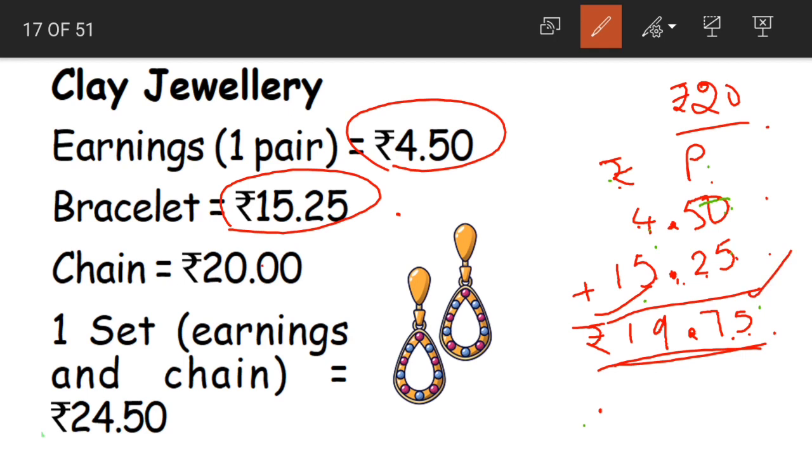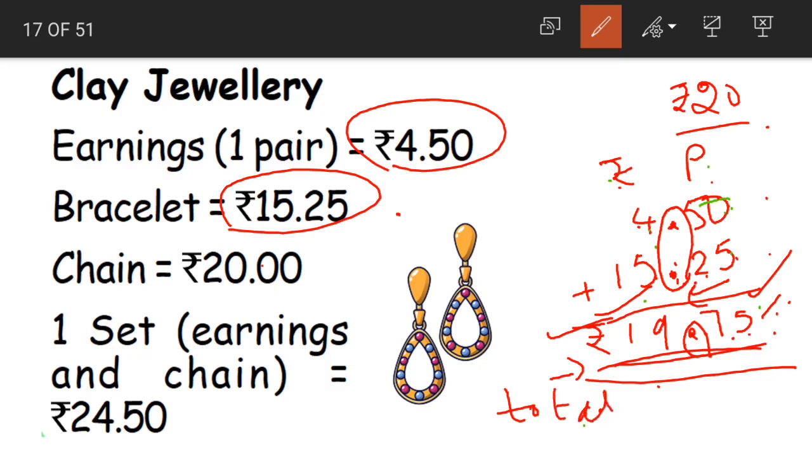Understood? Simply add the numbers, and here in the above numbers the point is after two digits. So even here we'll put the point after 2 digits from the right. Understood, children? The addition is simple. The only difference is that we have to put the point. And what will the answer be read as? 19 rupees and 75 paise. Now this is the total cost of the items that she has bought.